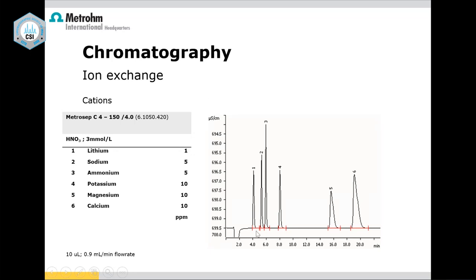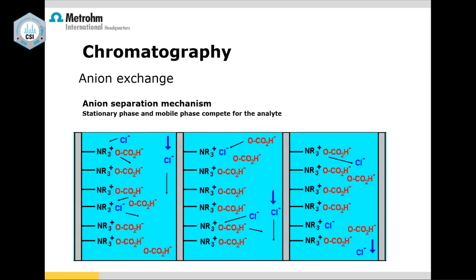So this is how you get a chromatogram. And here, the unit is microsiemens per centimeter, which is a unit for conductivity. We will see what is happening inside the conductivity detector later. And the x-axis, of course, is retention time, which is well known to you. And as you know, chromatography is a relative technique. So we plot a calibration curve with a set of standards, then you run your sample and compare the area under the curve with respect to this calibration curve.